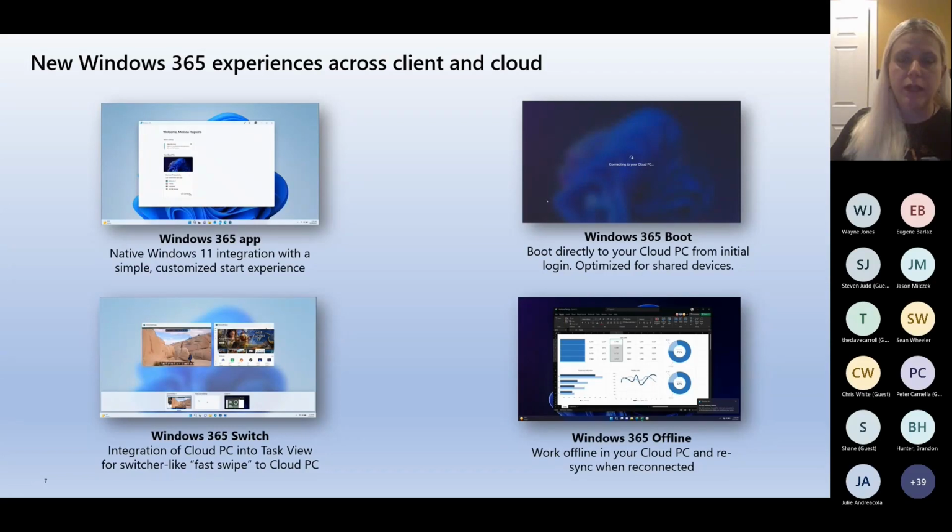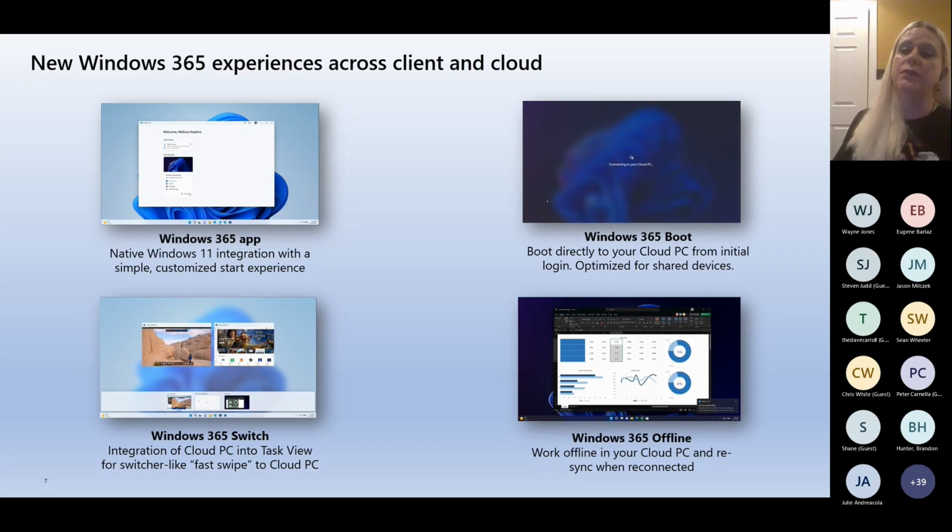The last thing I wanted to cover before I get into the demo is where our big-ticket roadmap is. Right now, if you wanted to run Windows 365 on a Windows PC, you're going to use the same client you're using for AVD.